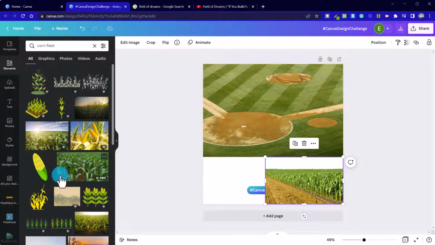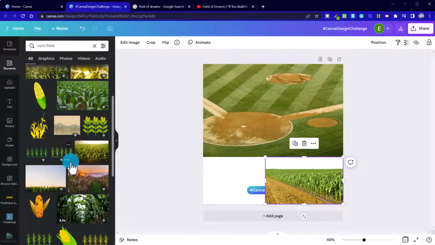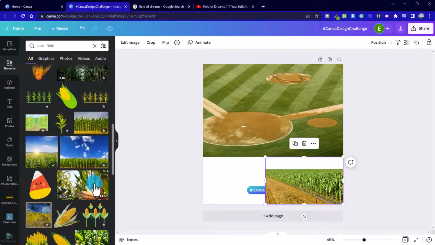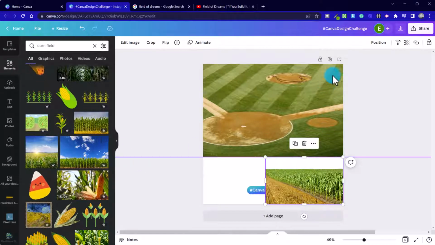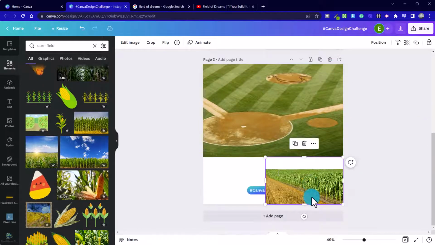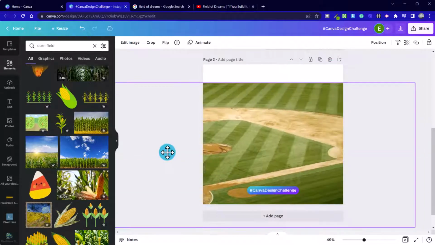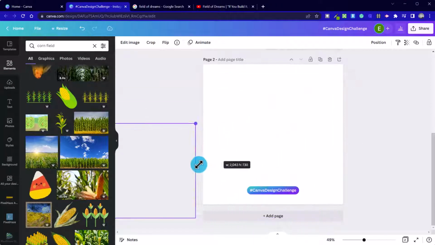We need something very specific. We want it top down, or at least as if it's up in the stadium looking down. So this option here doesn't work because the angle's completely wrong, and we wouldn't see our pitch in the foreground unless we flip it round. So what I might do is just duplicate this, have a look at another option,